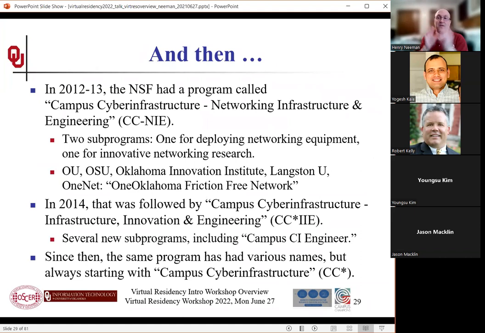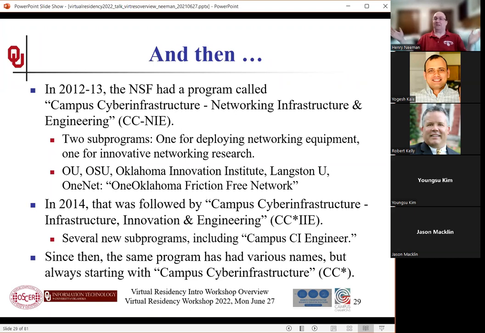But then in the meantime, the NSF created this new program called Campus Cyber Infrastructure. And so we actually got one of those for some hardware. And that stuff has been in production for a long, long time now. Then they added a piece where they said you can get a grant for a campus cyber infrastructure engineer at your institution. Of course, we figured everybody and their dog would submit one of those proposals because it's very rare that the federal research funding agencies offer to fund the salary of a non-researcher.